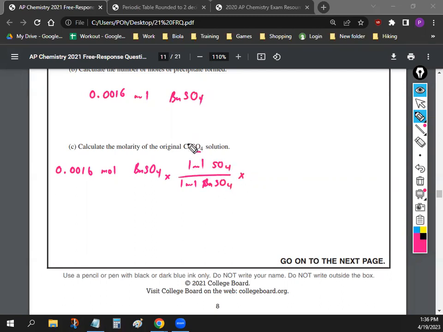Okay, how many moles of sulfate are in copper sulfate? 1. So you can skip this fraction in the middle if you want, but 1 sulfate ion in 1 mole of copper sulfate. Okay. And so that will end up giving you your moles of copper sulfate, which is 0.0016. Yeah, it's the same thing because it's a 1-to-1 ratio for everything. Okay. Yeah, so if you want to skip that step, you can skip that step. But if this helps you kind of understand why,